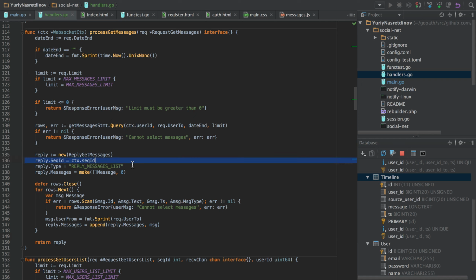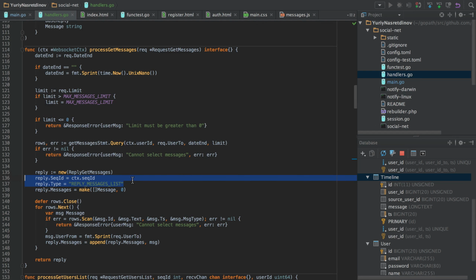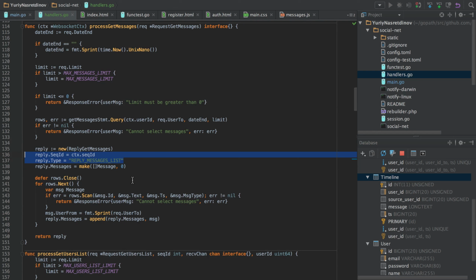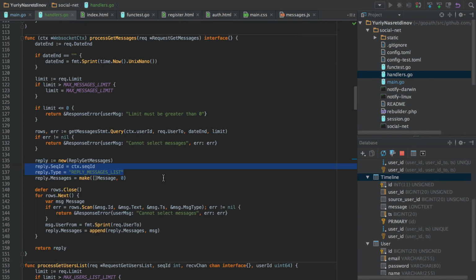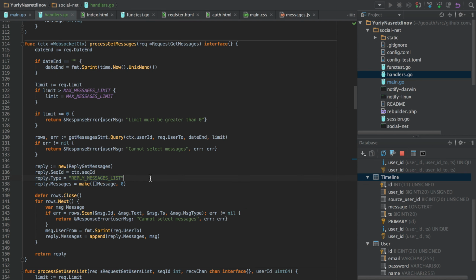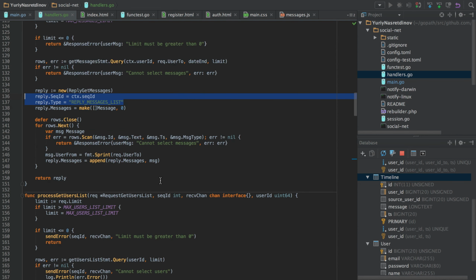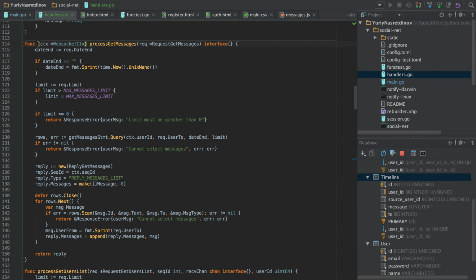So sadly we can't get rid of this part, even though we could deduce the reply type and sequence ID from reply. We will have to leave it for now, but maybe in future episodes we will find a way to get rid of this manual thing as well.